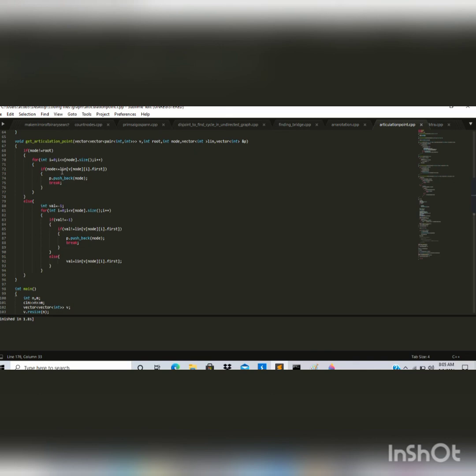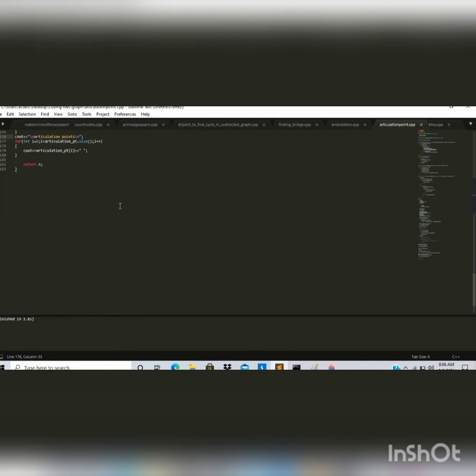Else that root node is not an articulation point, because if it's a cycle of three nodes and we remove the root node, that removal doesn't increase the number of components in the graph. So that's why that root node doesn't become an articulation point. But if it has more than one child and the low link values of the child nodes are different, then that root node becomes an articulation point.